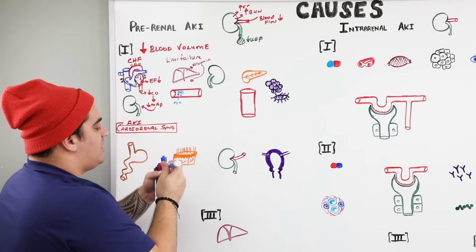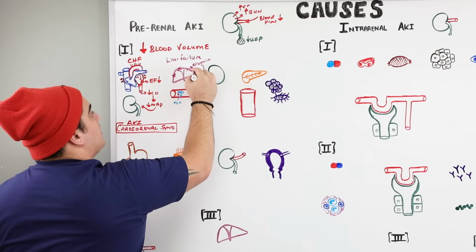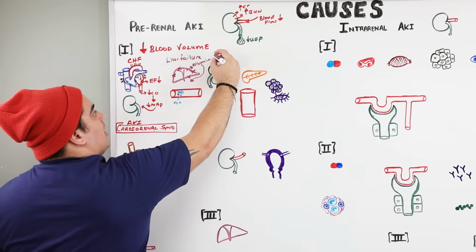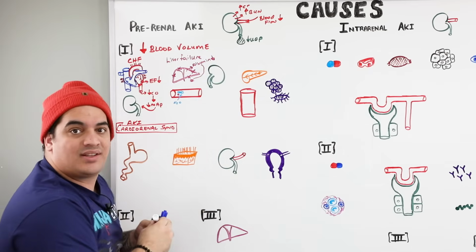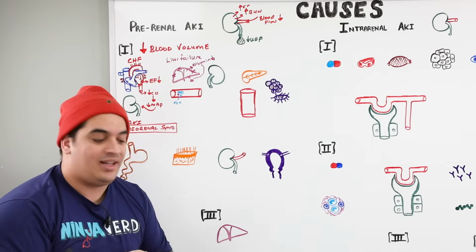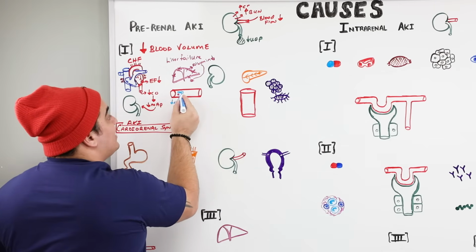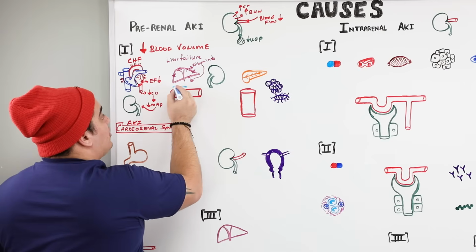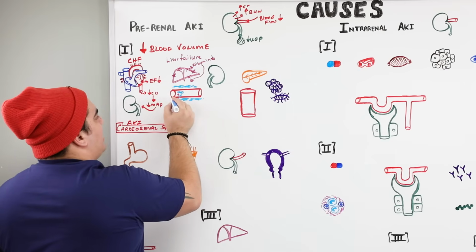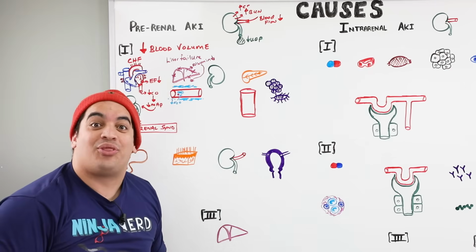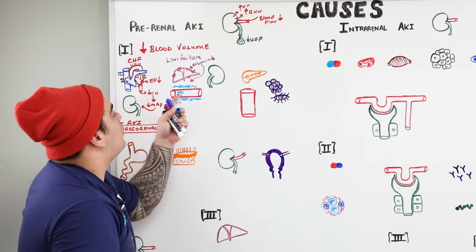So what happens is if someone has liver failure, their ability to make proteins decreases. So what happens to the albumin production? It drops. What happens to the ability to pull water into the blood vessel or keep it in the blood vessel? It decreases. And so as a result, less water is actually being held inside of the vasculature, and instead it may, what do we call this when some of the fluid doesn't stay in the vessel, but sits in the interstitial spaces? It's called third spacing. So they may actually start having less fluid, less effective arterial blood volume.